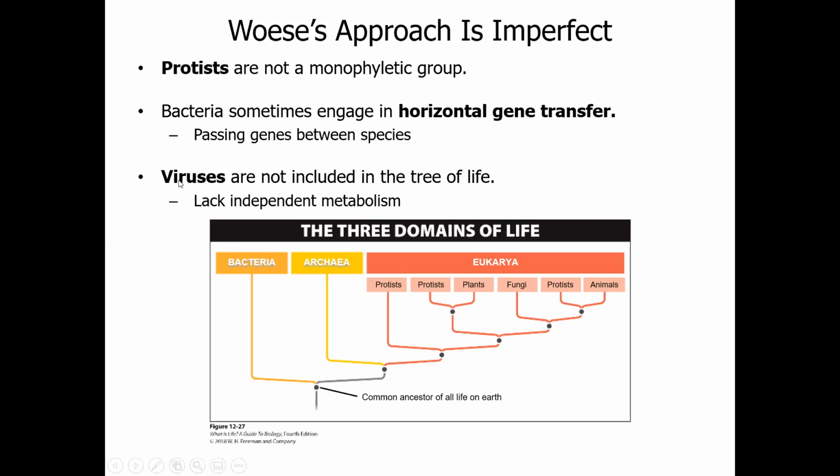Lastly, the big flaw the approach had was that it doesn't really include viruses in this tree. Viruses are tricky because depending on who you ask, some people believe they're alive, some people don't, because viruses themselves are not actually living. They have to infect a living thing to utilize all the aspects of an organism. In order to reproduce, a virus has to infect a cell and make copies of itself through the cell's machinery. A virus also has to obtain its energy through another cell that it infects. So ultimately, this definition of a virus is kind of shaky, and the tree wasn't really able to account for this.